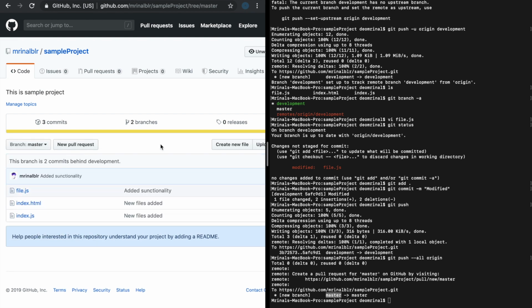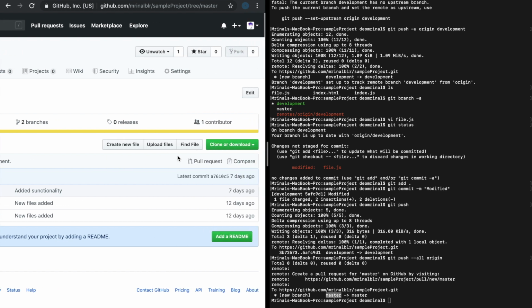Okay, so this is how we can connect our remote repository to our local Git directory, and there is more to it. A remote repository helps multiple developers work at the same time. Currently I'm just showing you how a single person is committing the file and pushing the changes. So let's see if any other developer wanted to work on this particular remote repository sample project, and what he did is he just